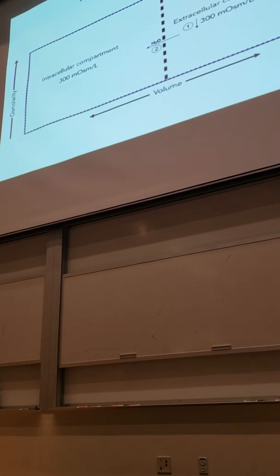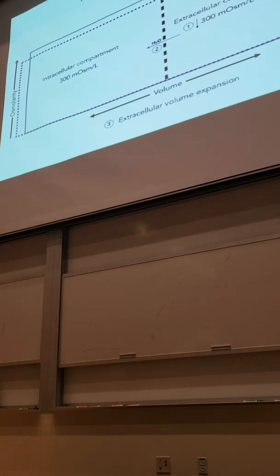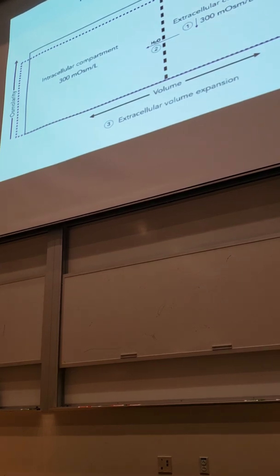So as a result of this, we can observe some changes in the body. This little purple line is meant to illustrate the change relative to the initial position. You have volume across the bottom. Because we're constantly taking on water, our extracellular volume is going to expand, our intracellular compartment is going to expand in volume. You're getting bigger. What's happened to your overall osmolarity